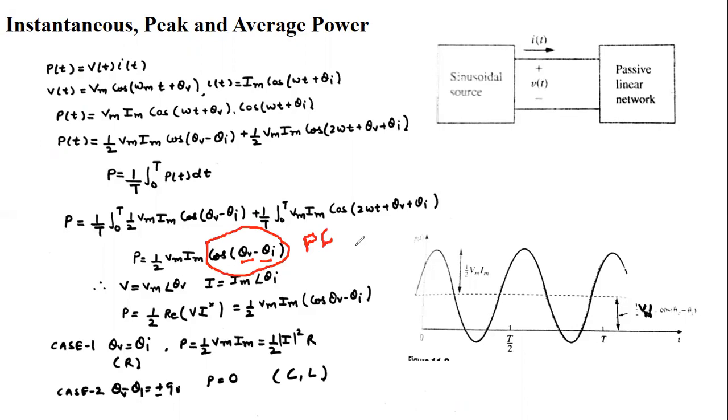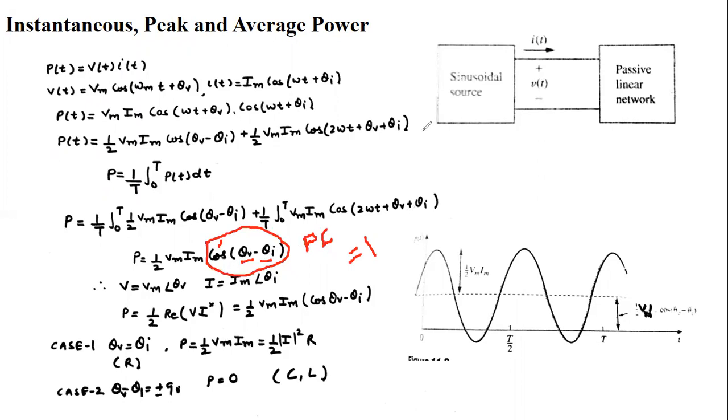Okay, and next, what is resonance? Resonance also comes here if the voltage and current of the circuit are in the same phase. So theta b minus theta I equal to 0, theta b equal to theta I, voltage and current are in the same phase. This is known as the condition of resonance. So this term becomes cos 0, or the power factor becomes 1. So if a circuit is in resonance, then the power factor of the circuit is always 1.